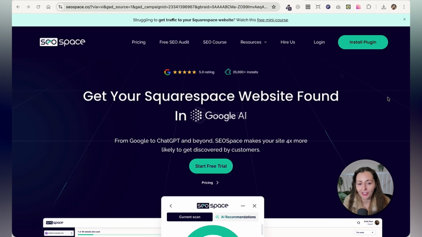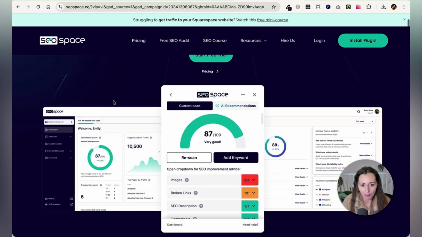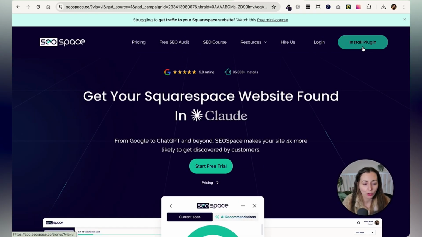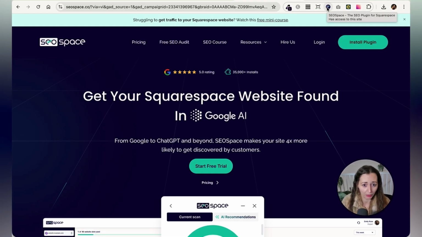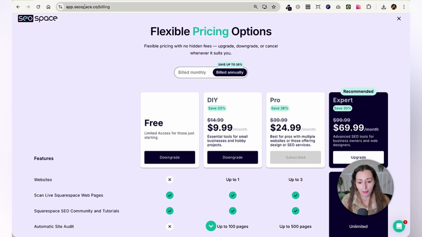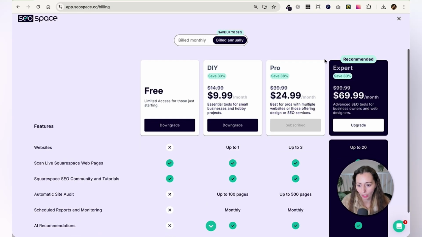So let's dive in. First of all, this is the SEOspace main website, and then you have here install the plugin. So essentially, it's a Chrome plugin that you're going to install, and once you do, you get this widget up here. Now, first of all, let's just have a quick look at the billing, how the kind of subscription